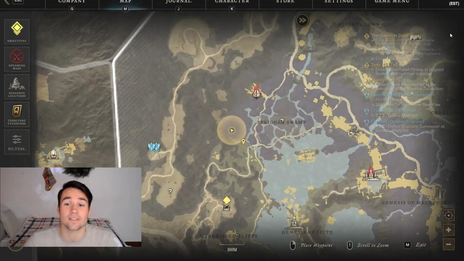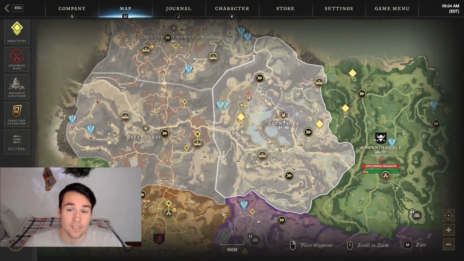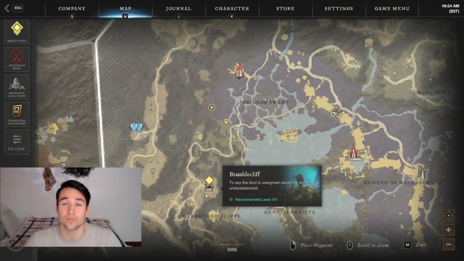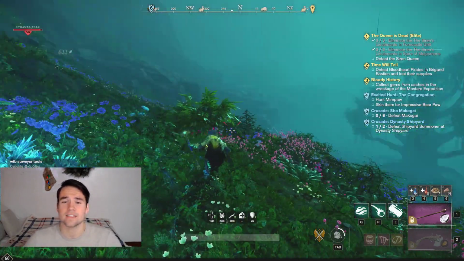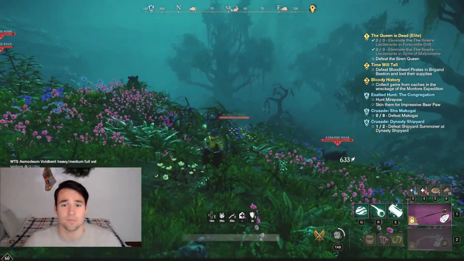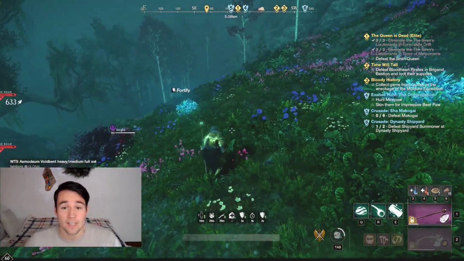And then our final spot takes us to Eden Grove. We're right on the border of the Spriggan Swamp, and you can see it's just north of Bramble Cliff. This spot is incredible for Ironhide. Ironhide isn't the most difficult one to get, just go kill level 60 beasts anywhere, but this spot specifically has